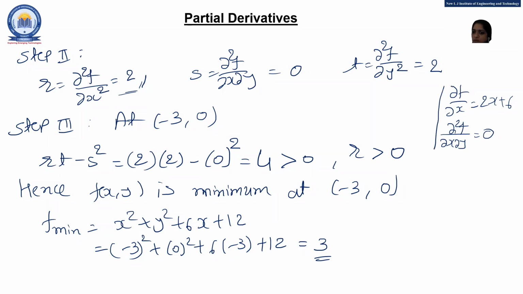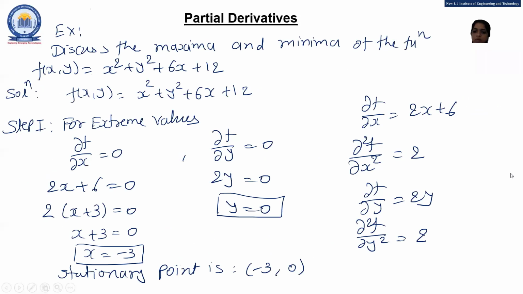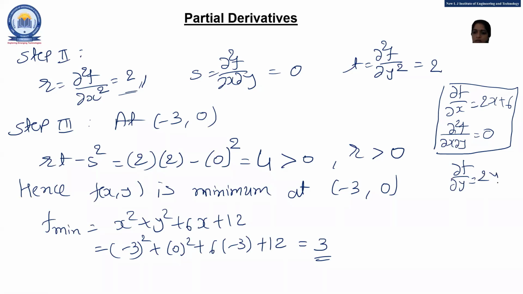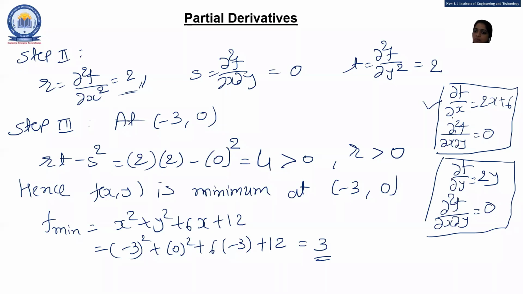So this is one way to find del square f by del x del y. But if you go through del f by del y, what is your del f by del y? It is 2y, right? Now we want the derivative of del f by del y with respect to x, but there is no x. So my answer is 0. So you can apply path 1 or path 2, and both answers will be the same. So del square f by del x del y is 0. Got it?